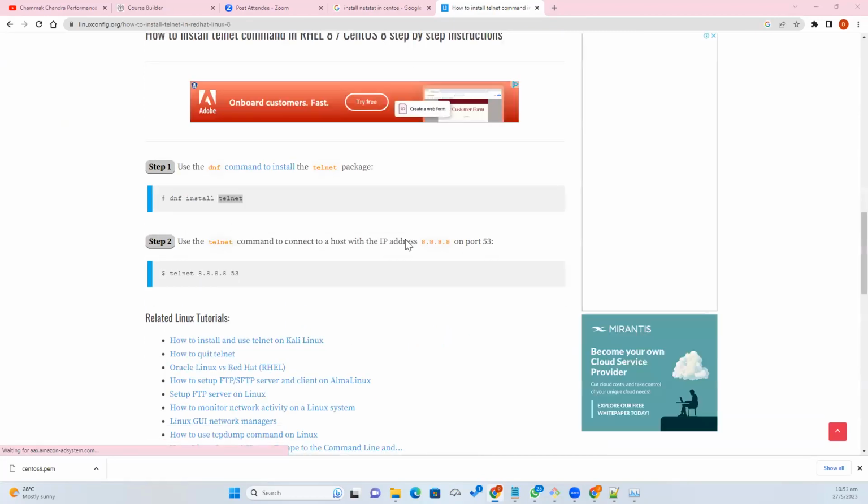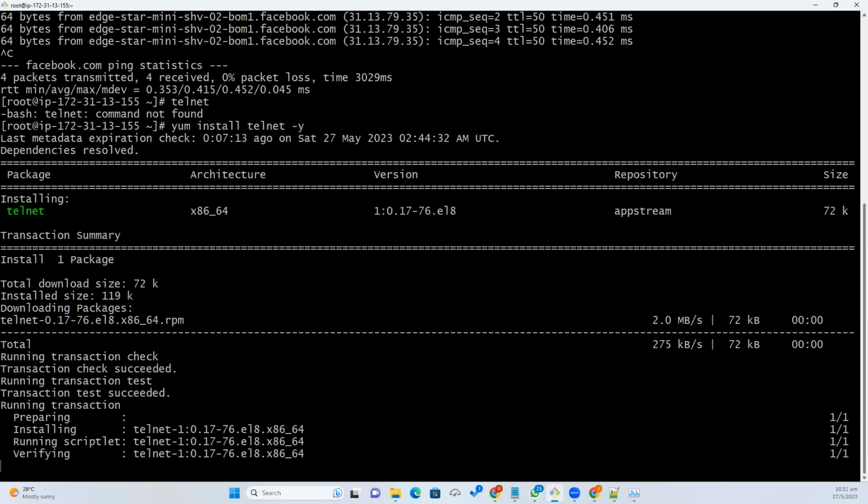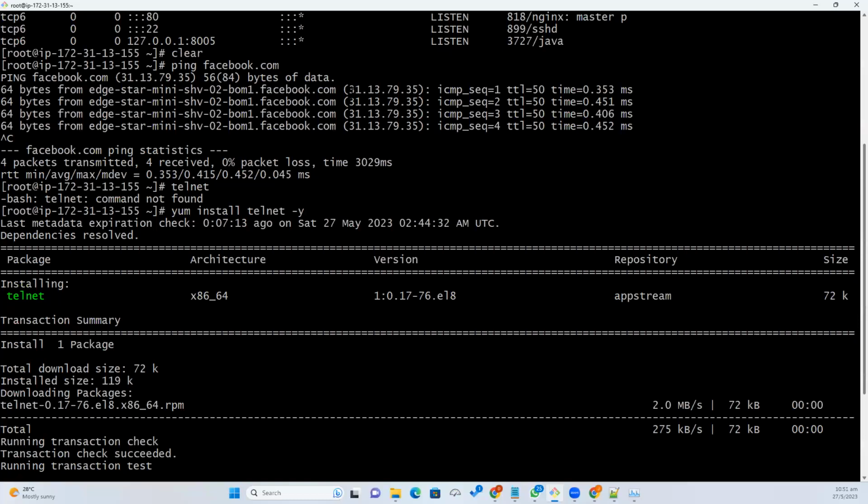Okay, that is just telnet. Package name is just telnet. Yum install telnet -y. Okay, now